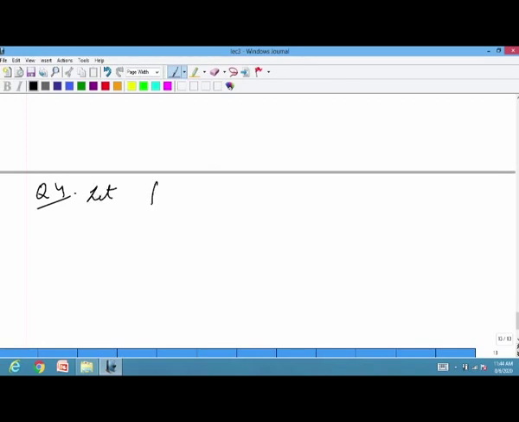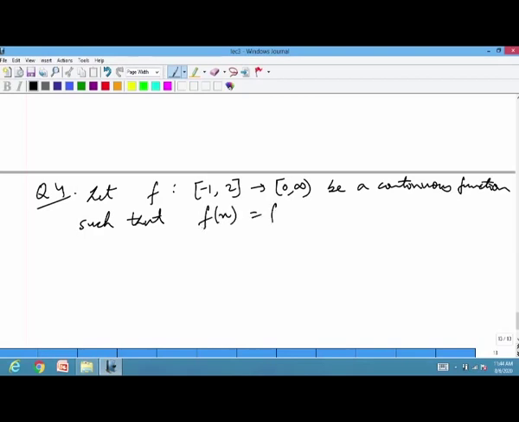Let f be a function from minus 1 to 2, to 0 infinity, be a continuous function such that f of x is equal to f of 1 minus x for all x in minus 1 to 2, and let R 1 equal to integral of minus 1 to 2 of x times f x dx,